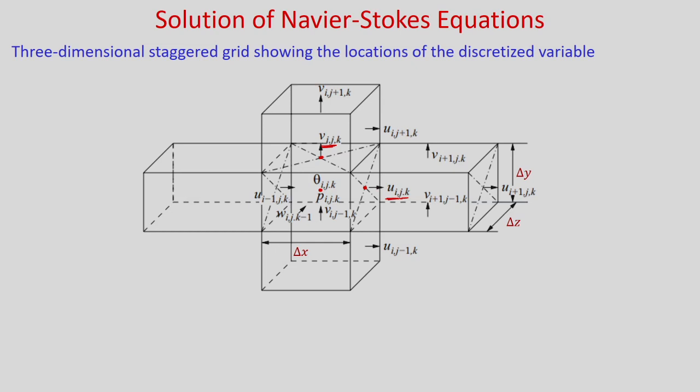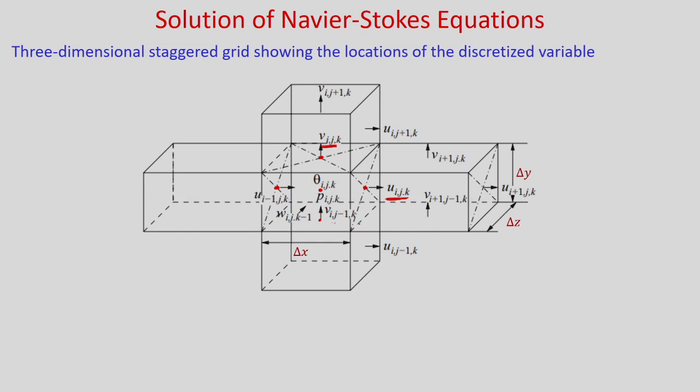And now, if it is u i j k, obviously this will be your u i minus 1 j k, and if it is v i j k, here you will get v i j minus 1 k, and on the other face, the rear side, you will solve for w i j k, and this is w i j k minus 1. So, when we are solving for u i j k, its neighbors are u i minus 1 j k and u i plus 1 j k, and for v i j k, this is v i j plus 1 k and this is v i j minus 1 k.